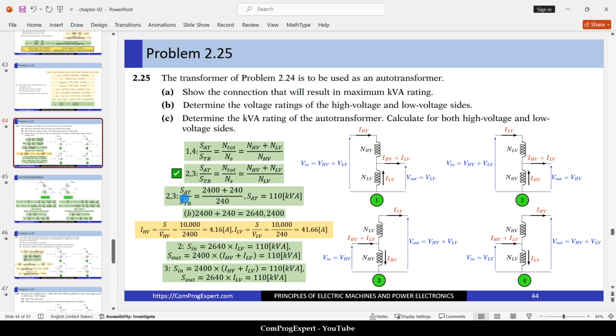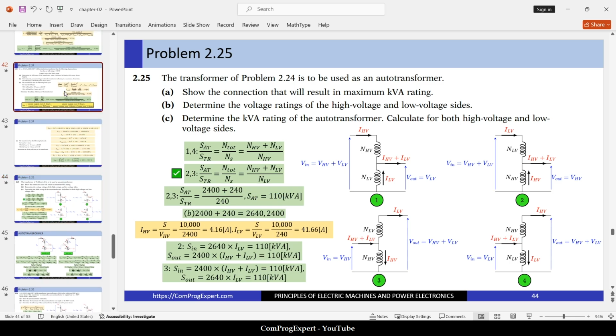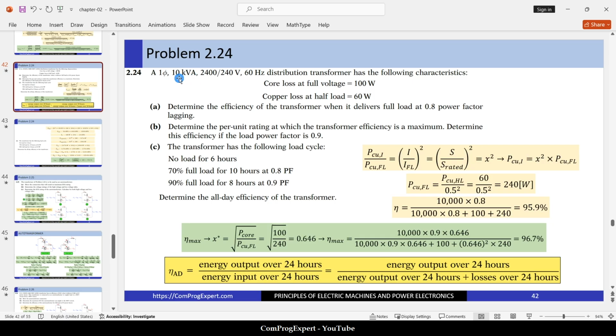What is the value of the autotransformer power in this case? This is the rating of the transformer in problem 24, 10 kVA, and these are voltage ratios. So